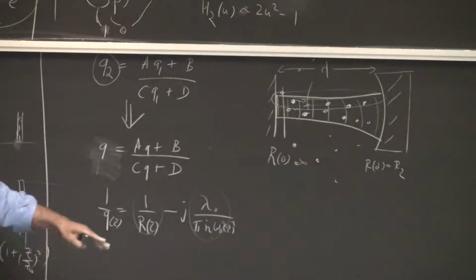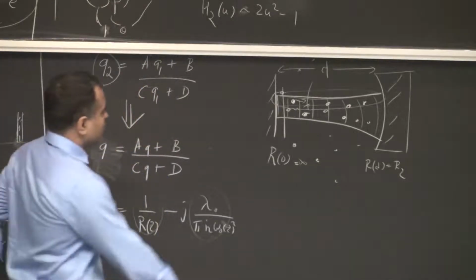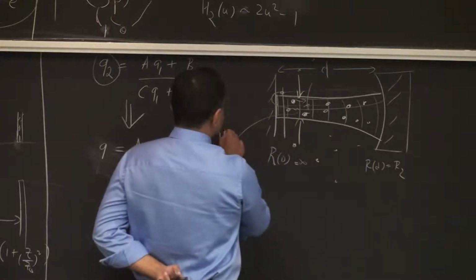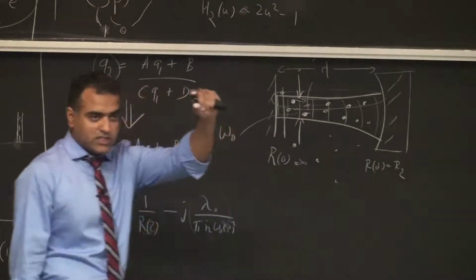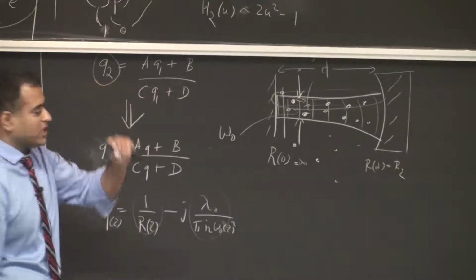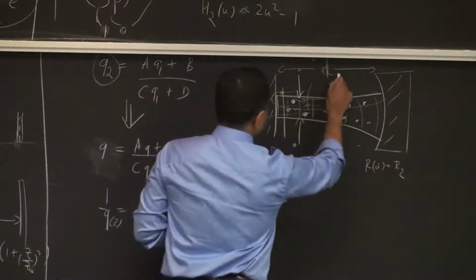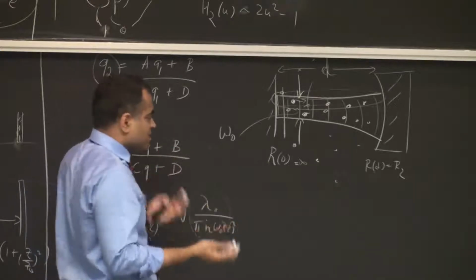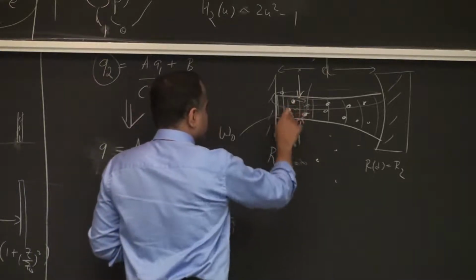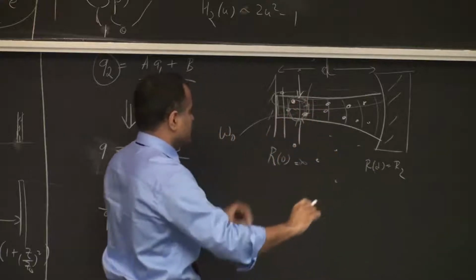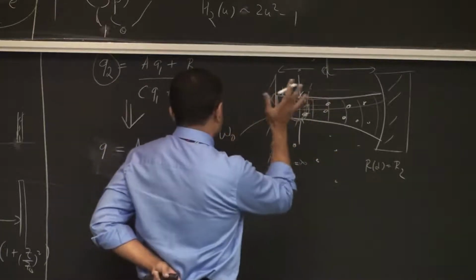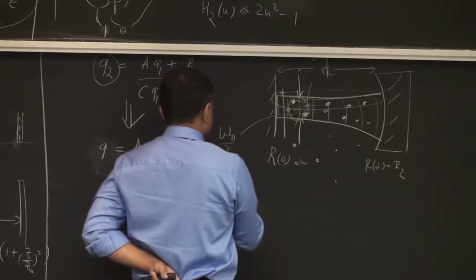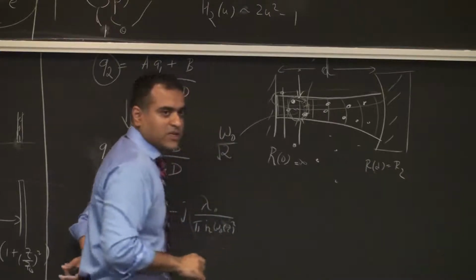I think a first guess, a very simple guess at the mode volume is the following. You know that your beam width is roughly w naught at the thinnest point, right? Roughly w naught. The distance here is d. Let's assume it's a cylinder for argument's sake. We know it's a Gaussian, it dies down and all that. And just to account for that Gaussian, let's say that the radius instead of being w naught is w naught by a square root of 2. I think that's what it comes out to be.